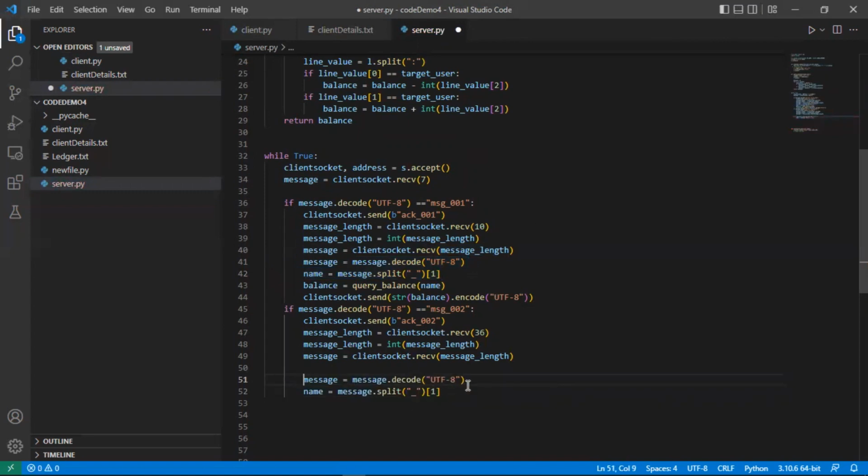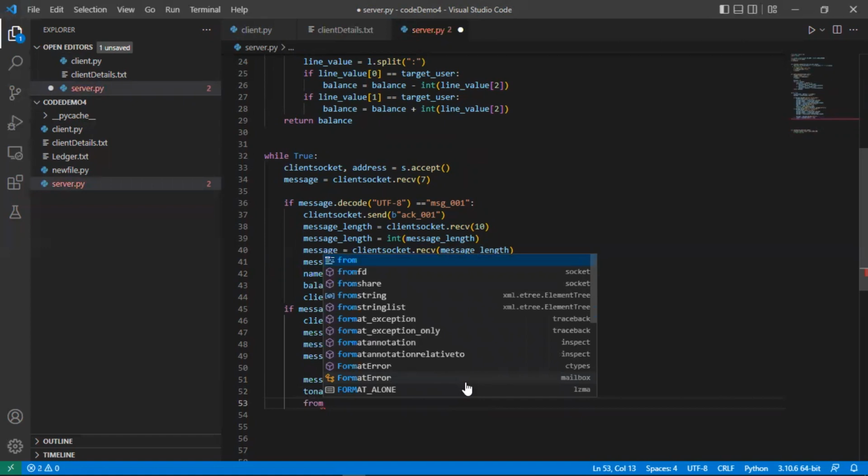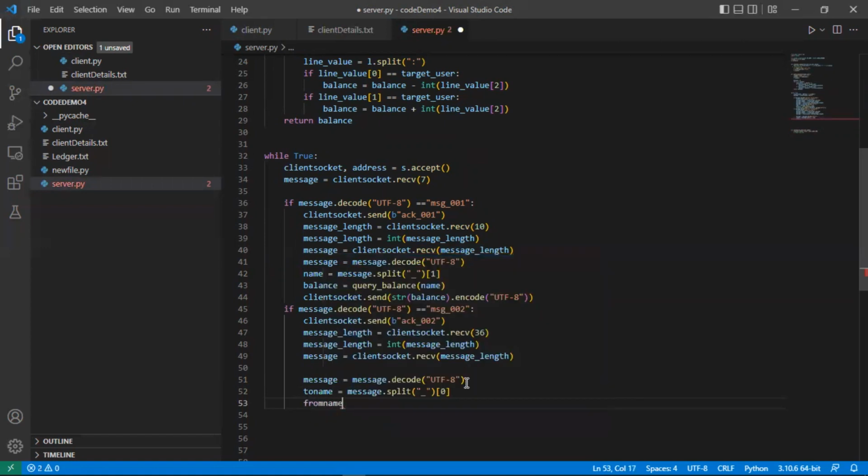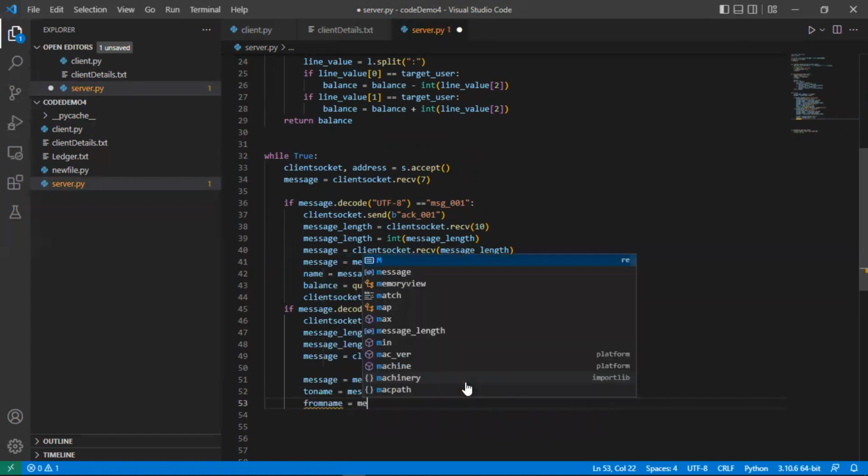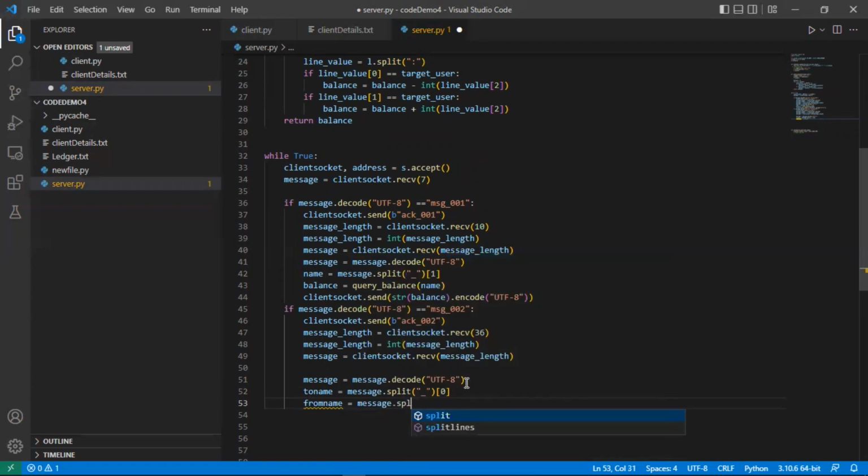But we're not just looking for one piece here. So we're going to say our to name is at index 0. Our from name